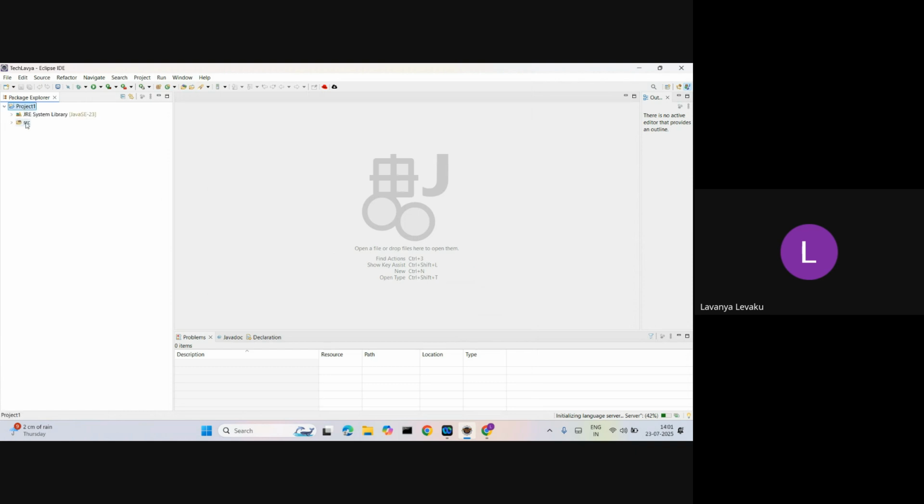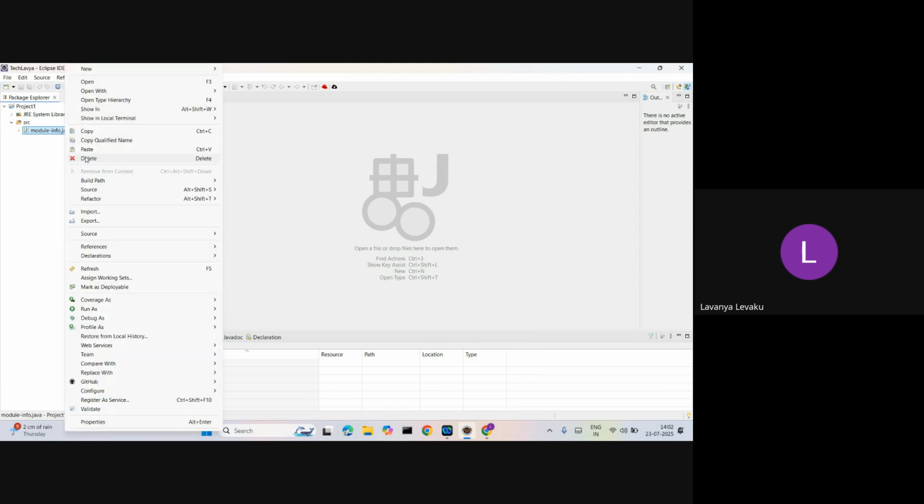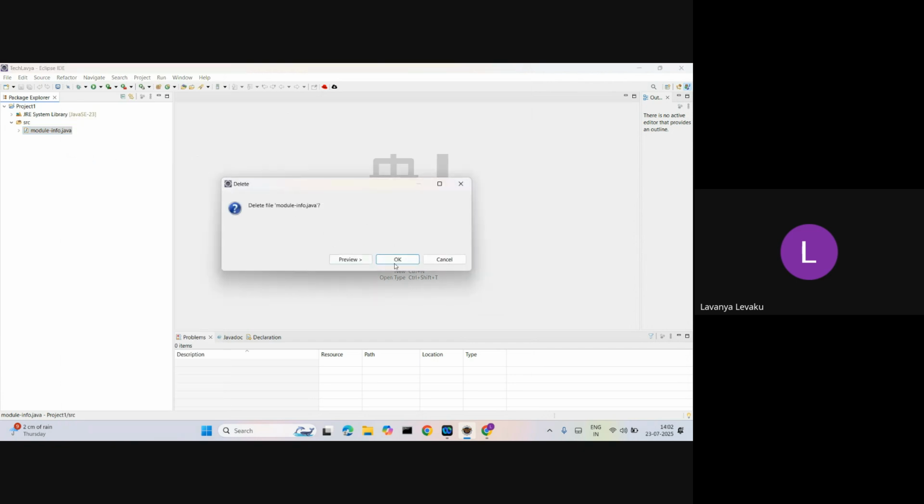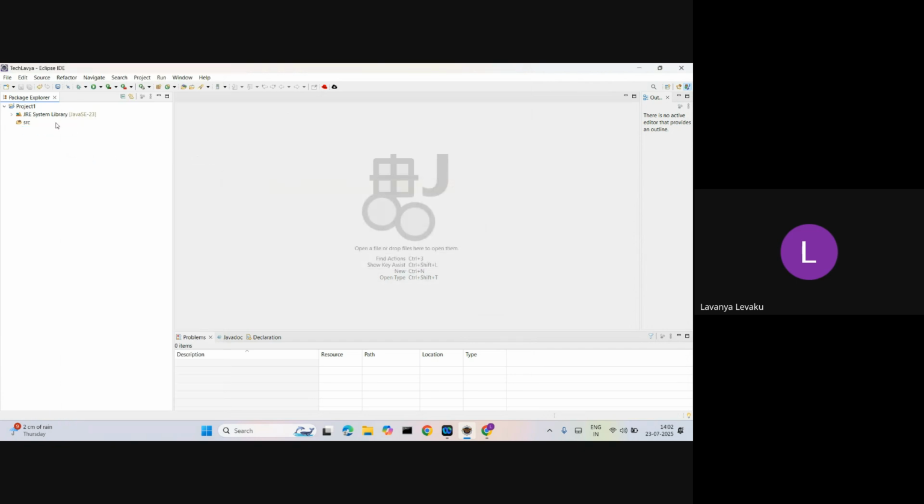In this project, I'm going to create a package. Here module-info is not necessary while developing enterprise applications, so delete this file as it is not necessary. Next, coming to create a package